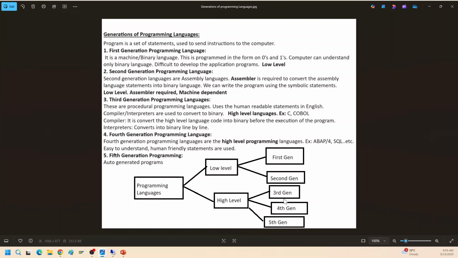So what is the difference between compiler and interpreter? The compiler will convert the entire program once into binary before execution, but the interpreter converts line by line. Whenever you type the first line, it will convert into binary. It won't wait for the complete program. Okay,